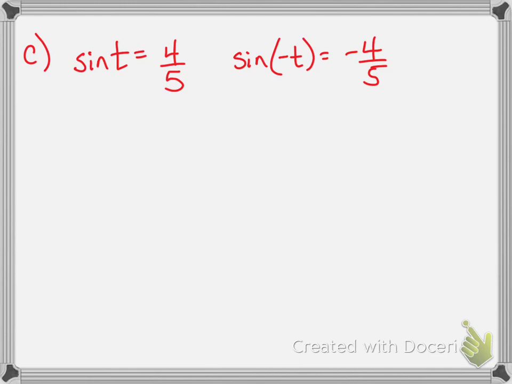Using the period to evaluate. I wouldn't necessarily say that's using the period to evaluate. I'd say that's more like using the even and odd rules. Sine is odd. Sine of negative t, by definition, is negative sine of t. So, if I know that sine of negative t is negative 4/5,